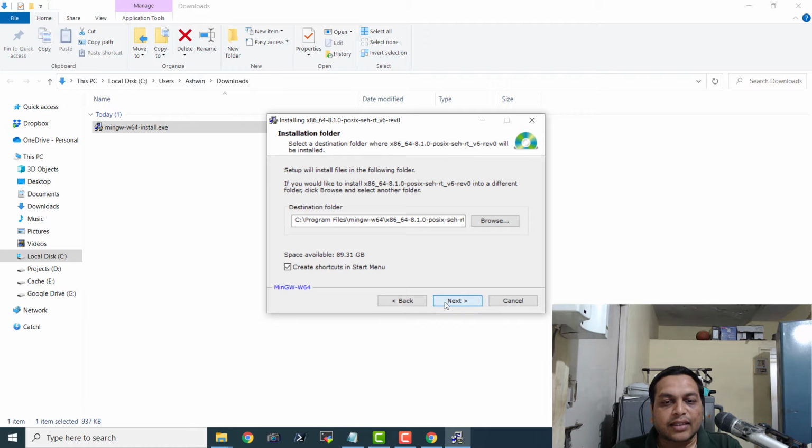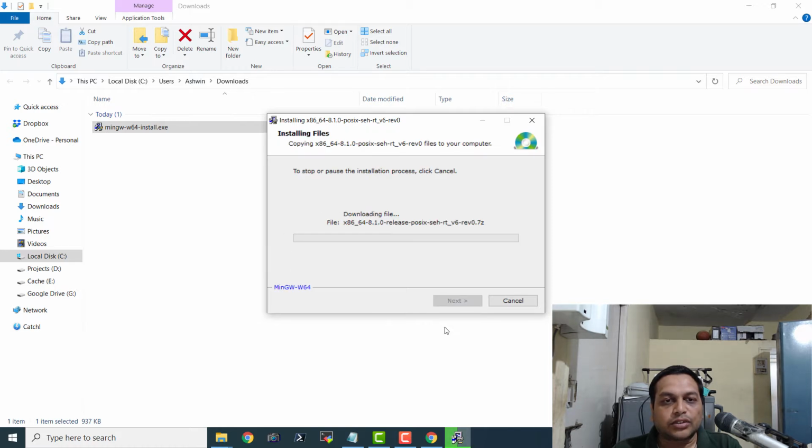And if I click next now, it is going to launch the installation process. Basically, it is going to copy the files from that compressed file to the local disk of my Windows computer. And it is definitely going to take quite a while for this installation to finish. So I'm going to skip the part where we wait for this installation to finish.